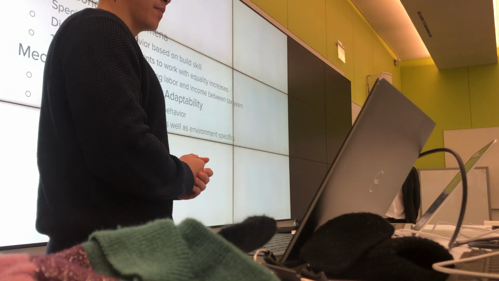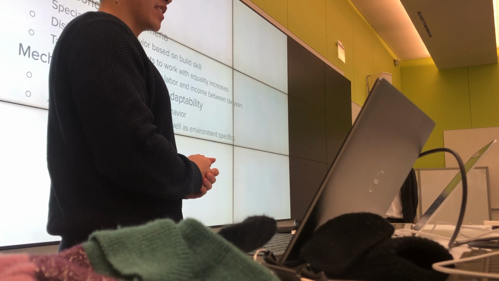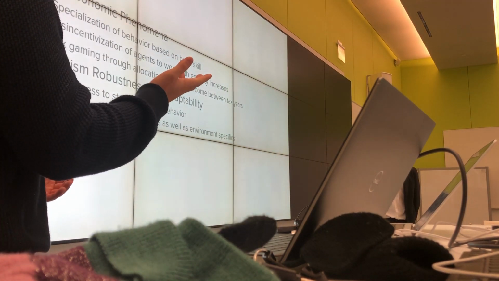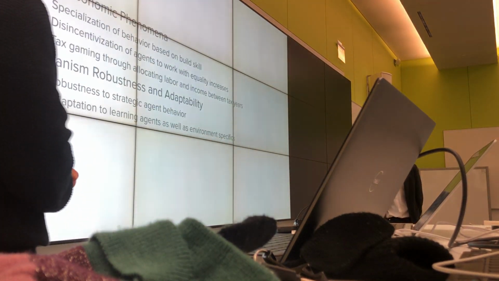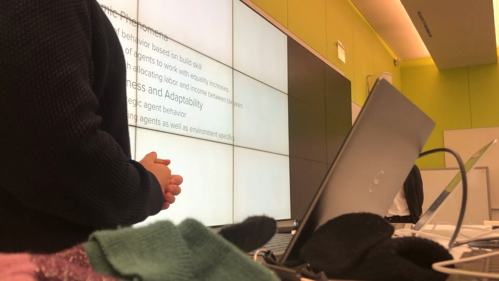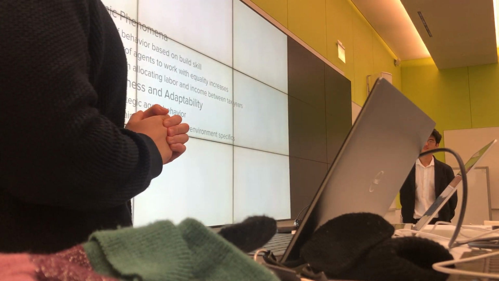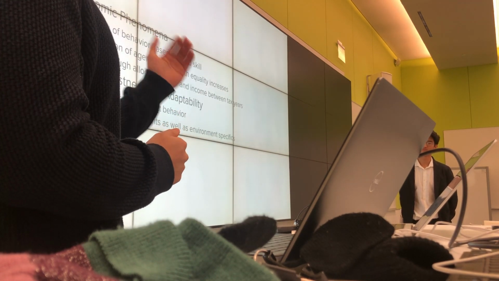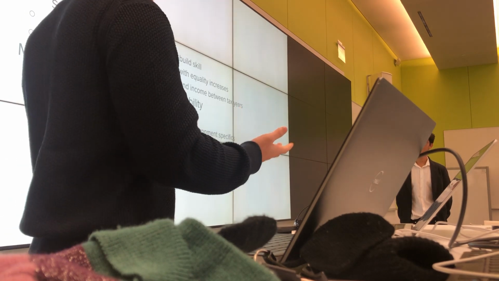The second point is that agents are disincentivized to work as equality increases. This is what you touched upon with the equality-productivity trade-off. In the free market, agents were wildly productive, but there maybe wasn't a sense of equity. As you increase the tax schedule to maintain a higher level of equity, the productivity drops off a little bit. So that's a very cool emergent behavior.